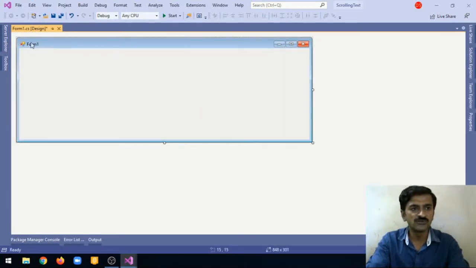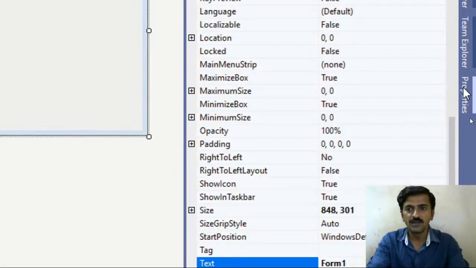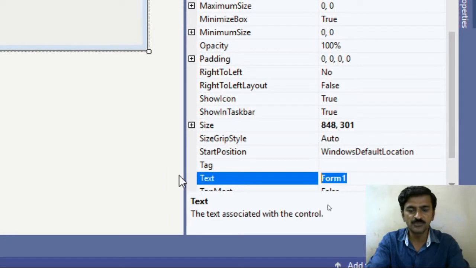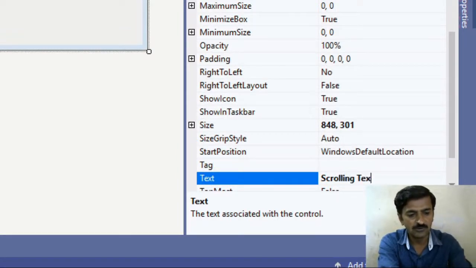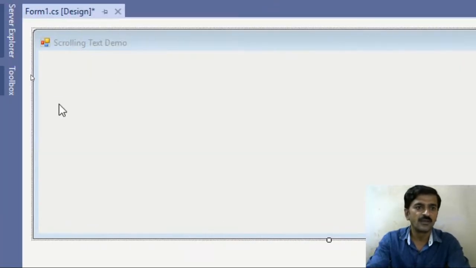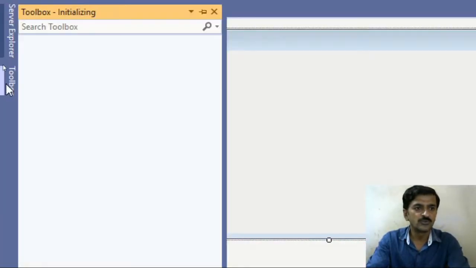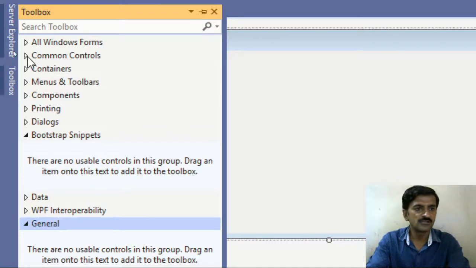I'm going to change the text of the form using the text property. I'm switching towards the text property and adding here scrolling text demo. Then I'm going to take a label and two buttons.